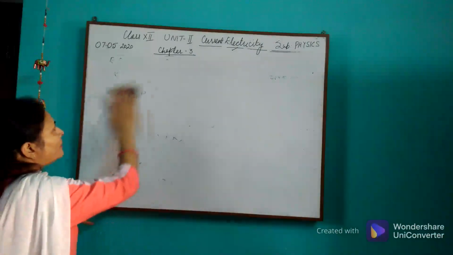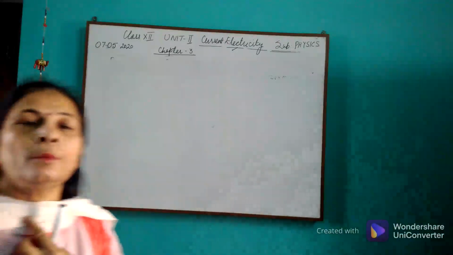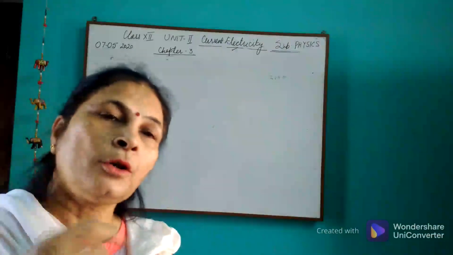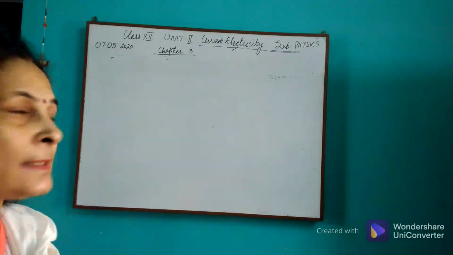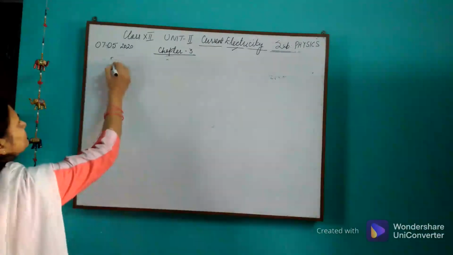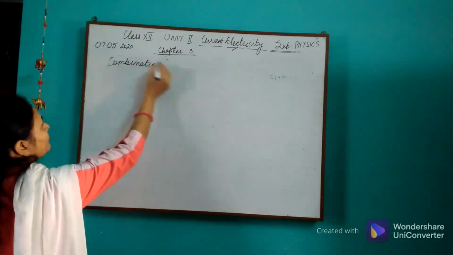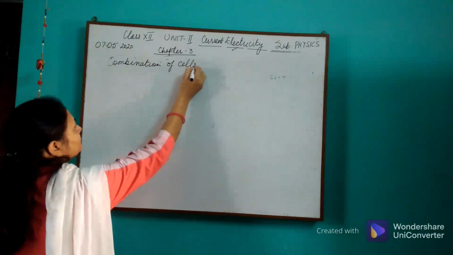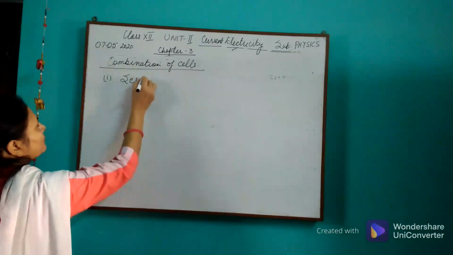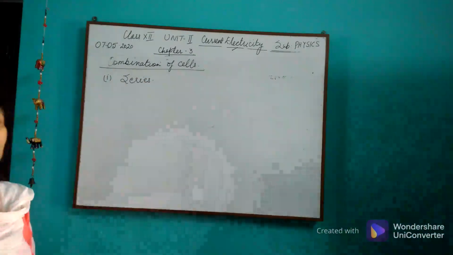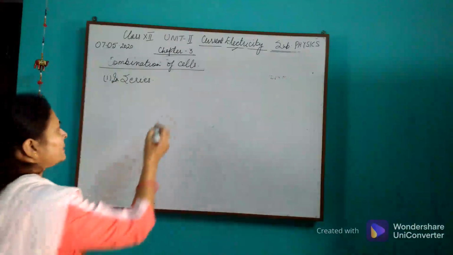Now we have talked about combination of resistors. We have also talked about combination of capacitors in unit 1. Now we'll be talking about combination of cells. Number 1, we'll talk about series. In series, let us consider